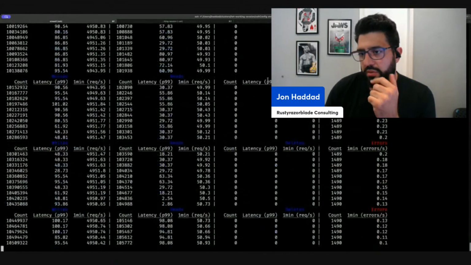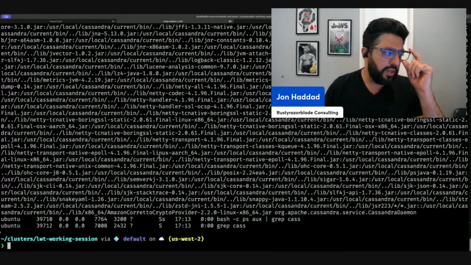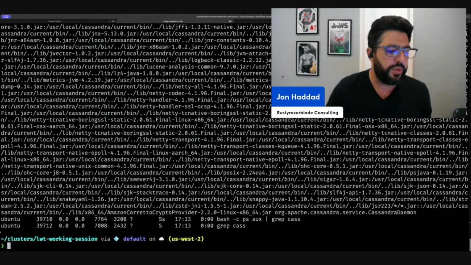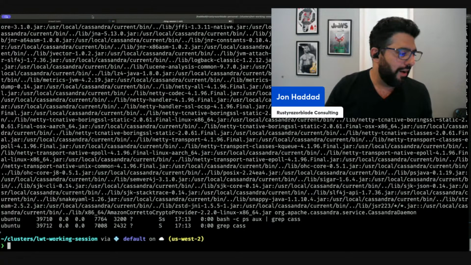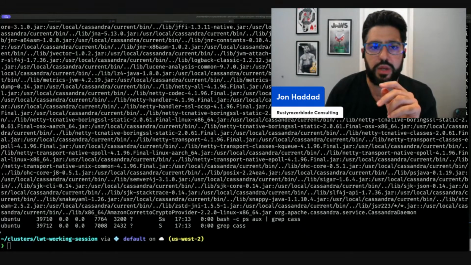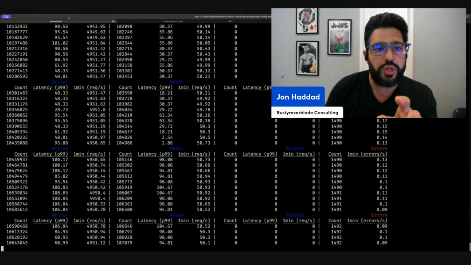And we're just going to keep going here. So one of the interesting changes that I wanted to test today was in Cassandra 4.1. There's actually two things I'm going to test today. One, I'm going to show you how changing